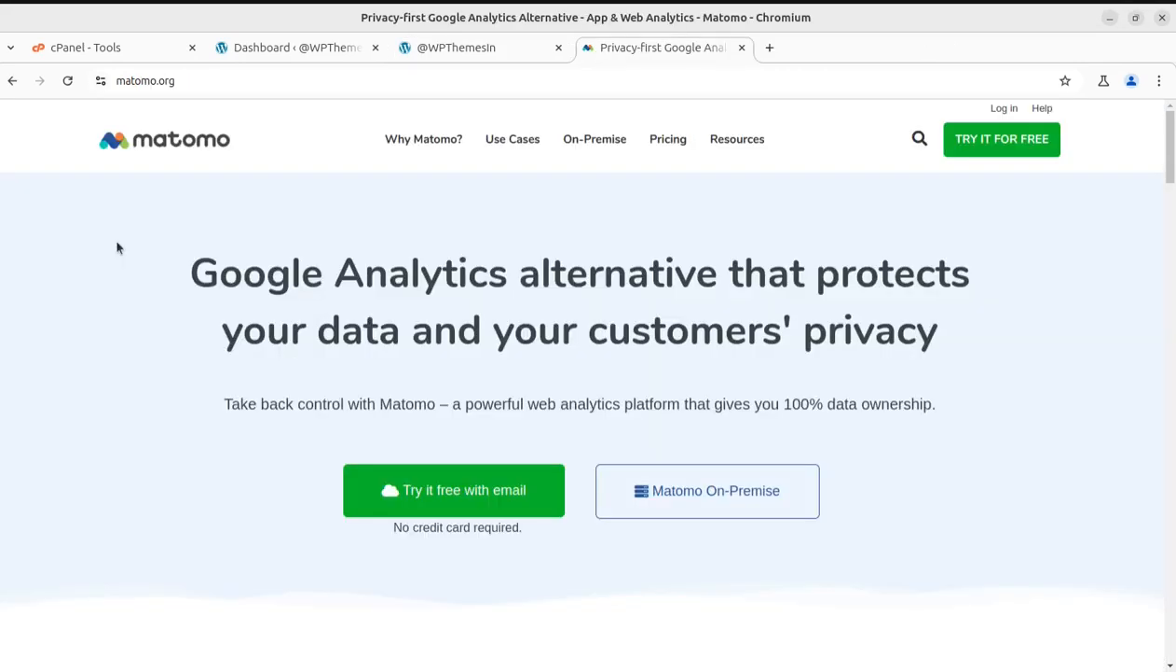So the best alternative that we can choose is Matomo, and Matomo means honesty in the Japanese language, and it is considered to be the best alternative to Google Analytics. I can say best, however there are many, and I have already shown some good alternatives, some good analytics tools